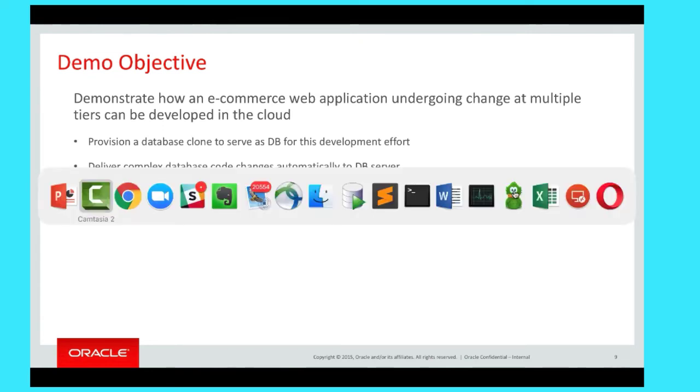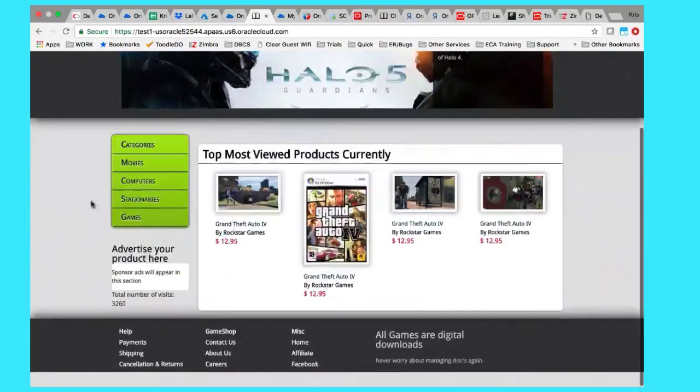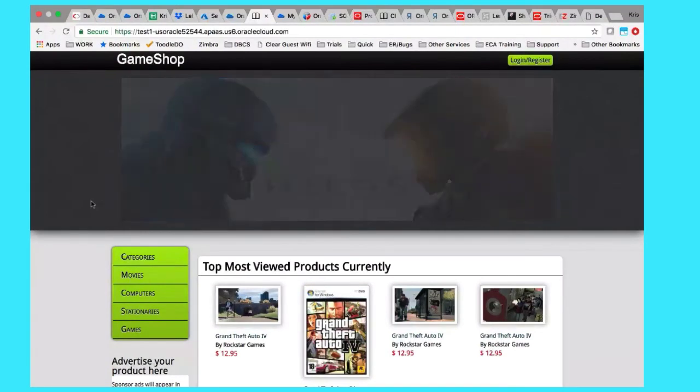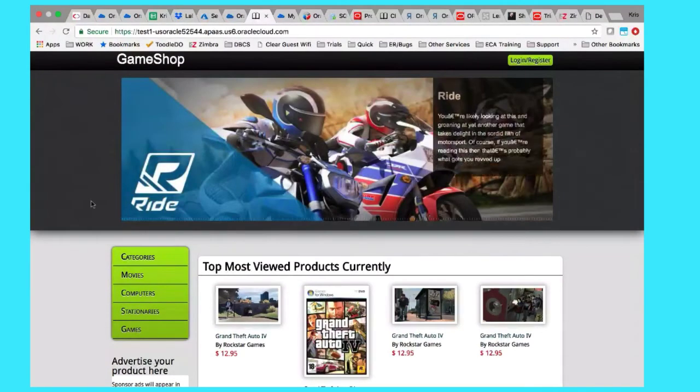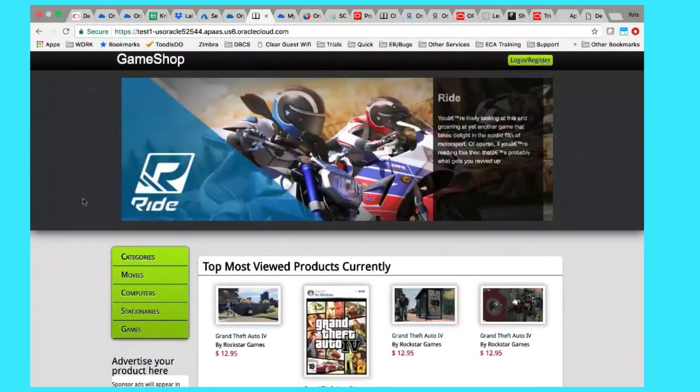So first off, I wanted to start by showing you what the application looks like. And this is a sample app. I know real life applications are going to be a lot more complex, but this is what I can do in a demo. But think of this fictitious company called Game Shop, which is in the business of selling games online, right? It's a small company. It started off as a single store. So as a user, if I come in